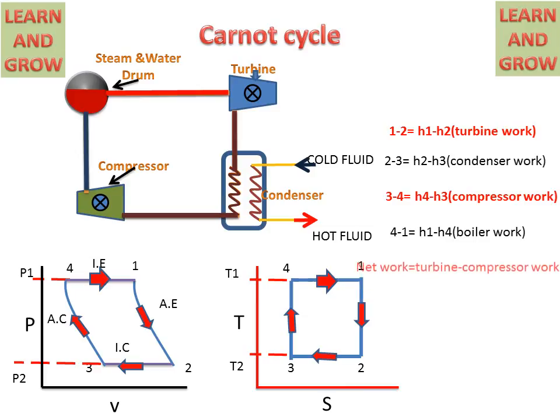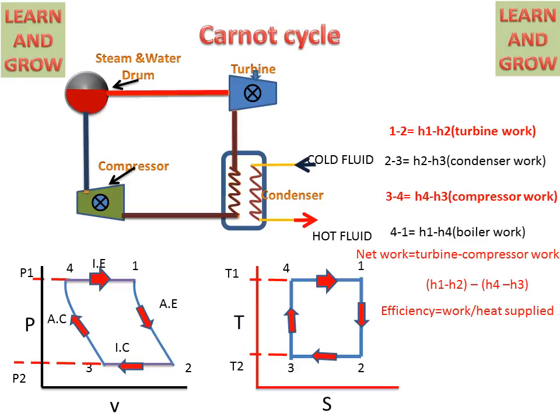Now the net work done is turbine work minus compressor work, because work is done by the turbine and compressor only. Then (H1 minus H2) minus (H4 minus H3) will be the net work done. And then efficiency will be work done divided by heat supplied. Work done we know is (H1 minus H2) minus (H4 minus H3), and heat supplied is in 4 to 1, meaning H1